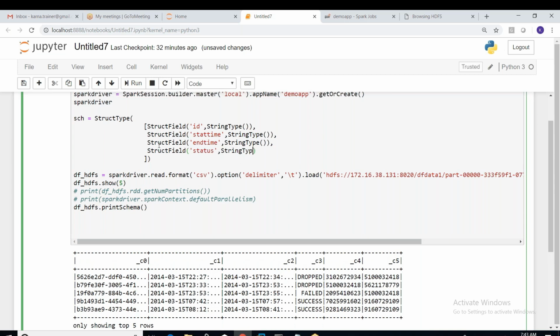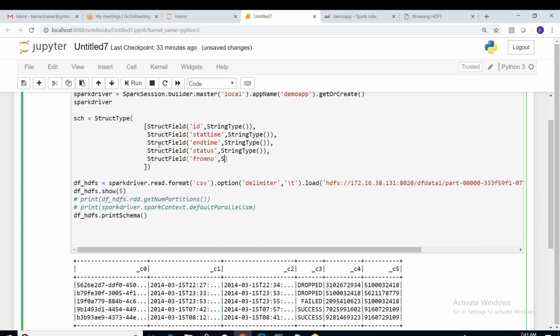So we must practice this, guys. Creating the schemas and all this, we have to practice a lot on different data sets. From number, I think this can be integer, right?